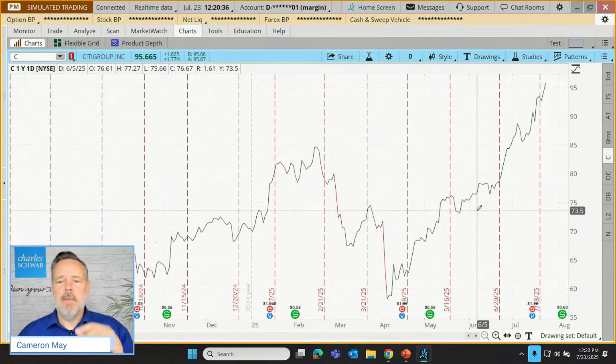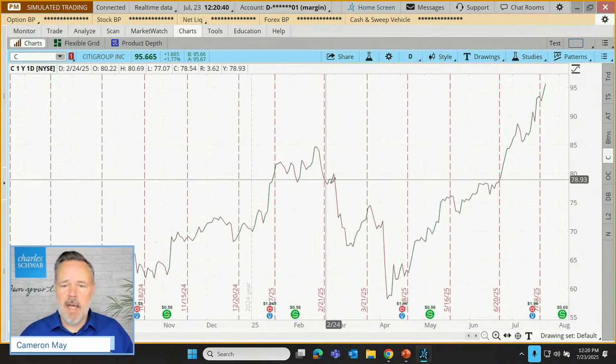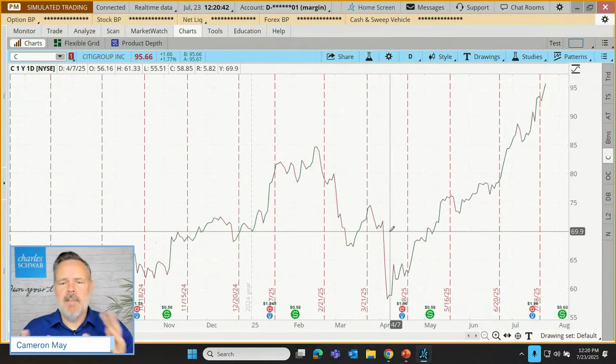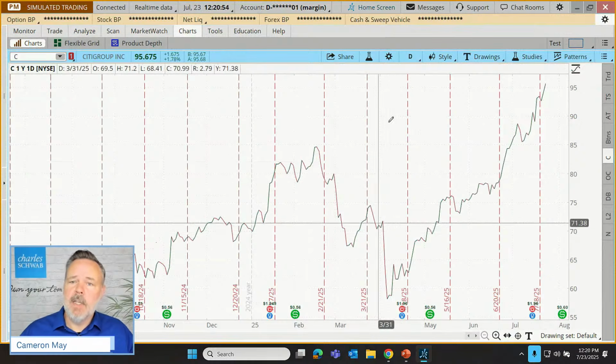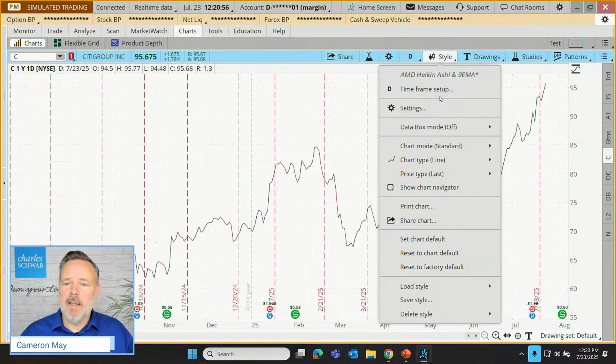Line chart simply connects each day's closing value to the next, and it creates a solid line. And for some traders, that might clear up some of the day-to-day clutter of all the intraday activity and sort of simplify the view of the chart. That doesn't necessarily mean that it's a better view, it's a different view. So we can change those chart styles right there.